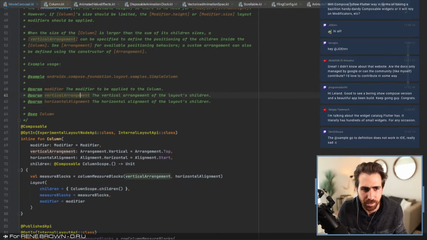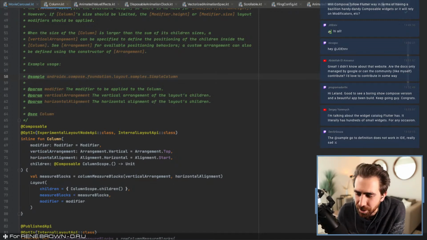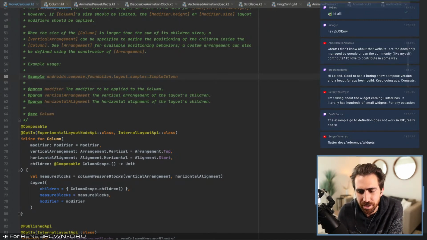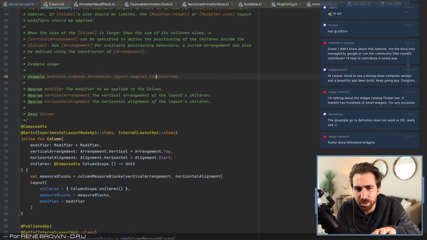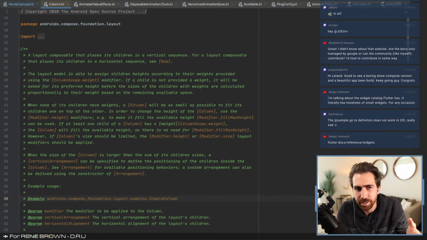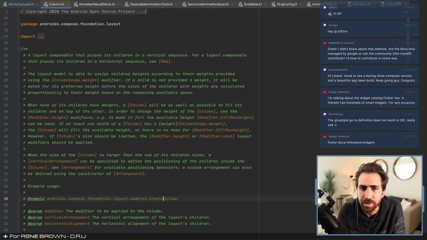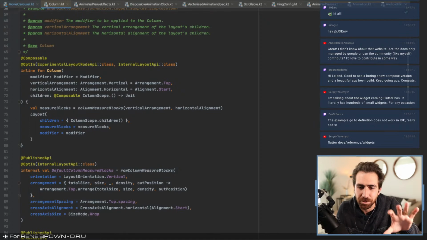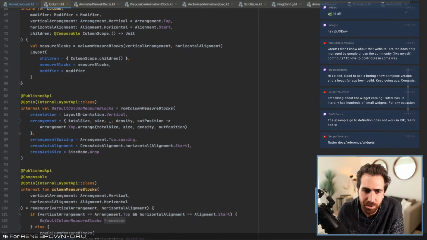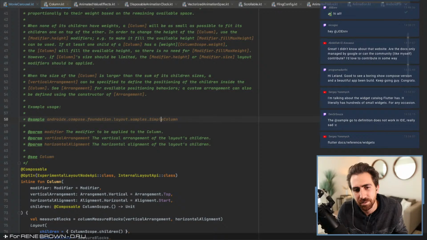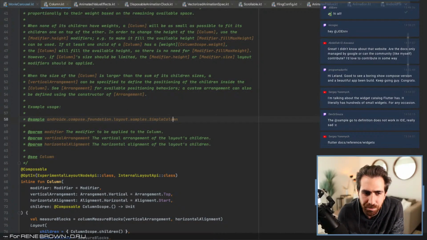Dev Souza says the sample doesn't work. You can't command click through it. You actually can in the Compose code base. So when you have the linked sources, like an external file here, then it doesn't work. But if it's in the actual active project of IntelliJ, then it will navigate to it. So that's sort of a bummer. I'd love it if we could fix that, but